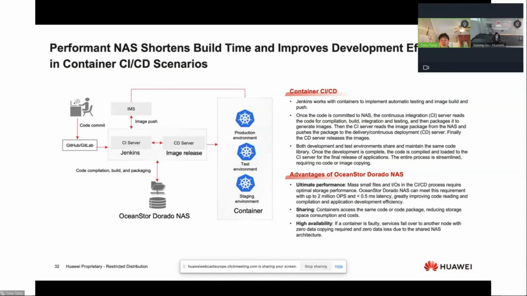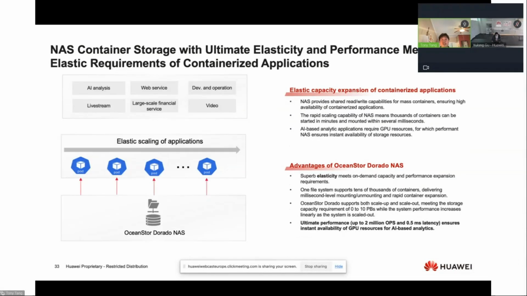So that is a typical scenario. Another scenario is leveraging NAS container storage elasticity, right? Why people choose containers is because of elasticity, right? And most of the applications require online capacity expansion through container CSI and higher performance scalability, supporting from one single container image instance to thousands of instances, like a cloud bursting environment. Applications like live streaming, AI, web service, large-scale financial service, video, etc., all need NAS container